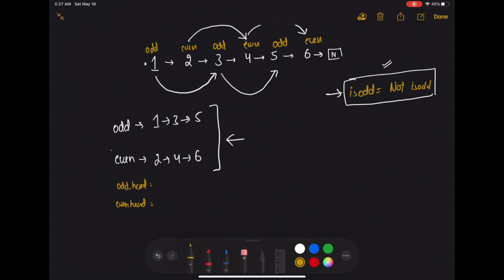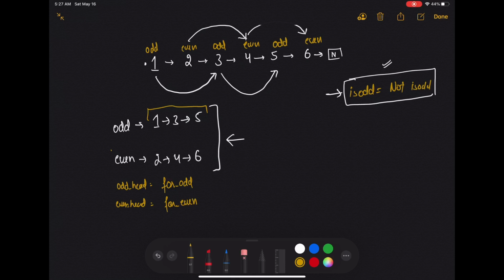So now we have our oddHead and evenHead. Now whenever we make a linked list, we need something to traverse through the linked list. So we will make two more pointers, forOdd and forEven.